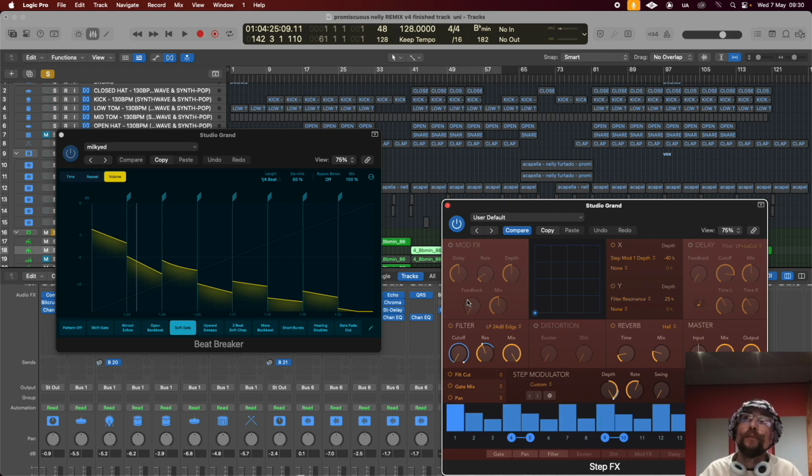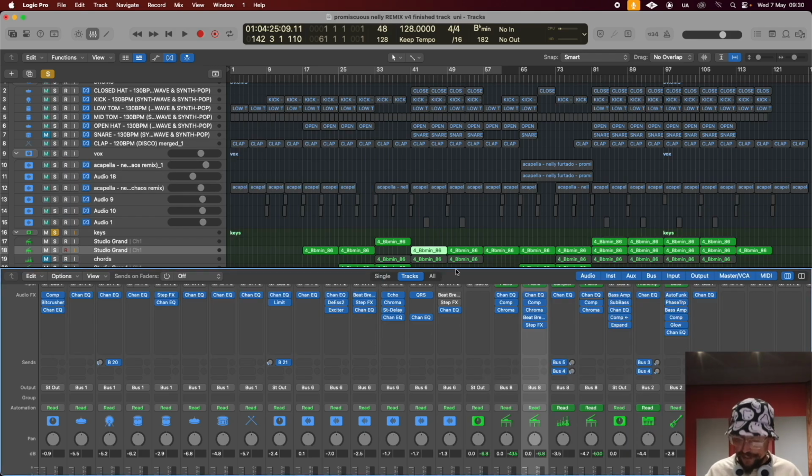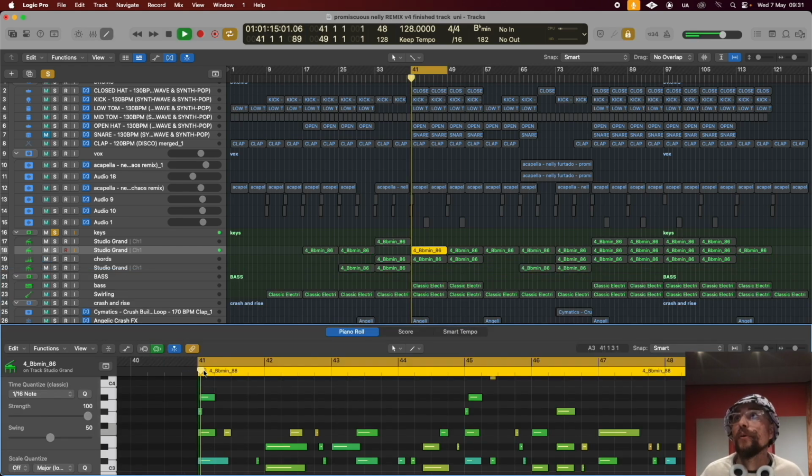As you can see, most of the plugins I'm using are bog standard Logic plugins. I find there's a lot there that can do a lot if you just sit and mess, and you'll find stuff that you like. Also layering the samples as well. So for instance, now if I close these down here and then I get the step effects and just move it above the beat breaker, like I've swapped them over, and then I come back onto the E and